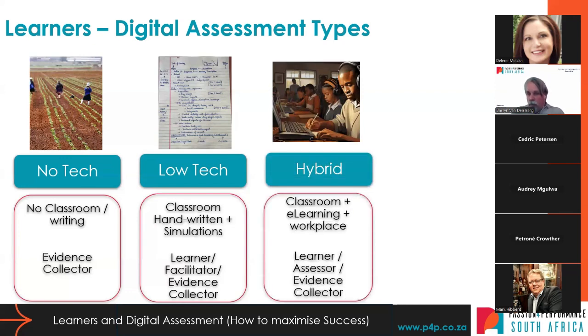You've then got a hybrid model, which is both classroom and e-learning and the workplace. And this is where assessment takes place as well. So assessments are taking place in the classroom, which are easy because someone just hands out a test, and on e-learning, great, they do true, false, yes, no, match the dots and all that kind of stuff. But in that, it's missing the skill side or the workplace side. And this is where the learner, the assessor, and the evidence collector are the 3 roles engaged at this point to help them demonstrate their skill, and the learners want to demonstrate it.